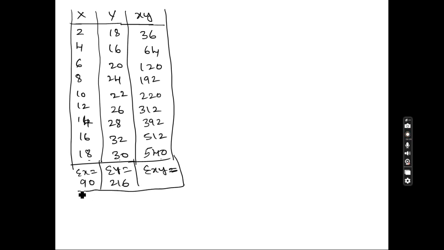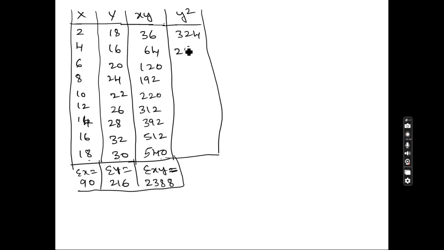So xy total, if I am doing the total of x and y, I am getting 2388. Okay. So similarly, what is required? Y square is required, because as per the formula, y square is required. So do the square of y. So 18 square is nothing but